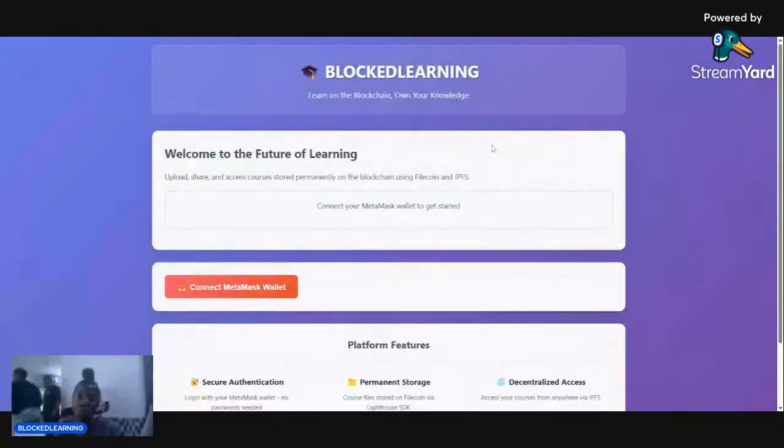What we try to solve with Block Learning is to make everything centralized, in the form that anybody from anywhere in the world can upload a file, and anybody from anywhere in the world can also view the file. We plan to make Block Learning a platform where people learn about blockchain, from the introduction to blockchain onward. Users sign in using MetaMask, and all the files that are uploaded